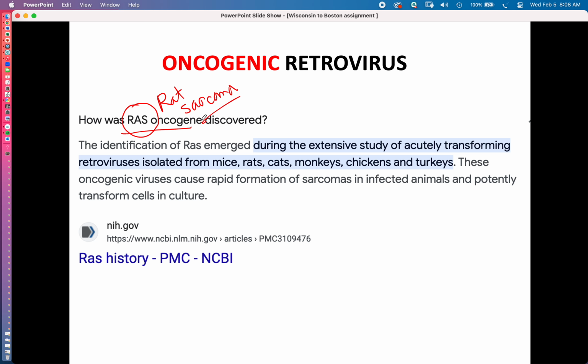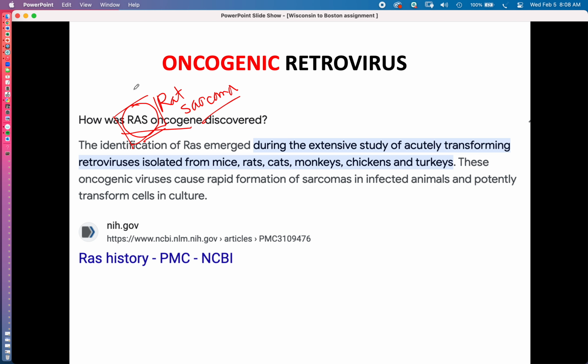Again, it was a mutation. The discovery of RAS emerged during the extensive study of acutely transforming retroviruses in mice, rats, cats, monkeys, chickens, and turkeys. These oncogenic viruses caused rapid formation of sarcomas in infected animals and potently transform cells in culture. That means make them cancerous. Okay, so our author's career started by studying this oncogene,